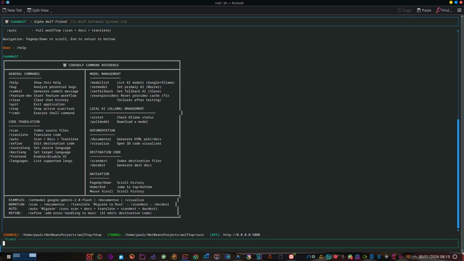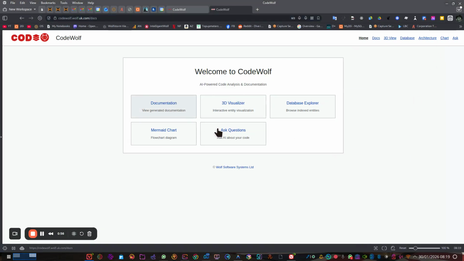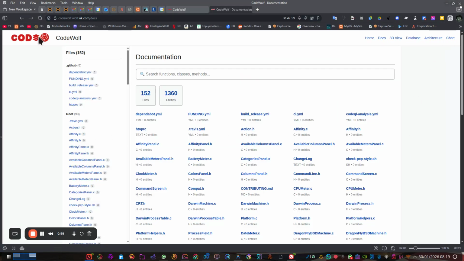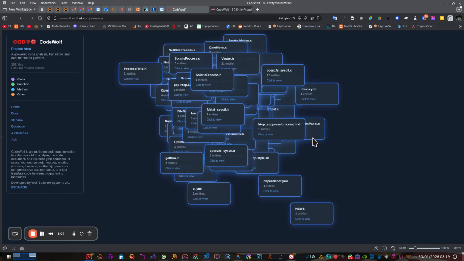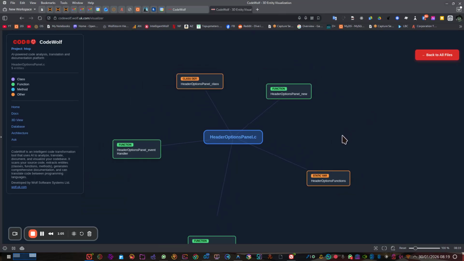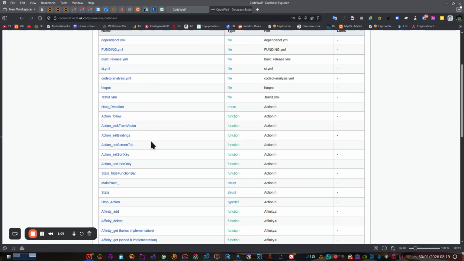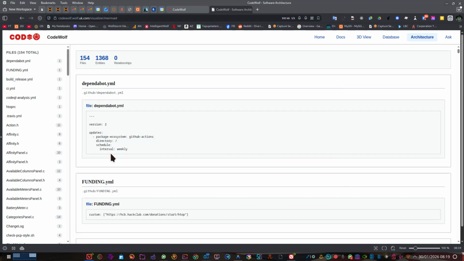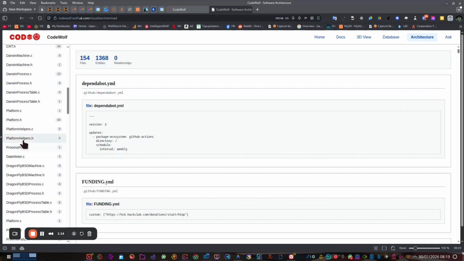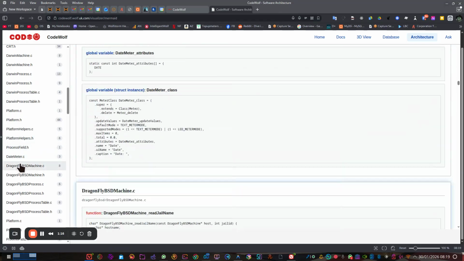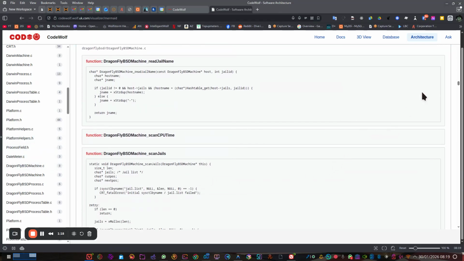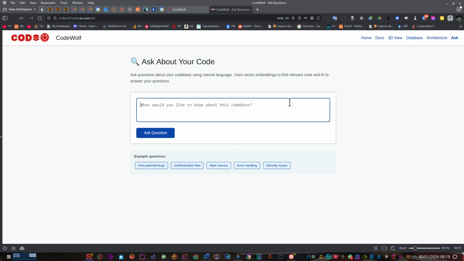So we actually control it with this, but it also comes with a built-in web server. So after it's been processing for a while, you've actually got full documentation of your code. You've got a 3D view of the, so this is what the vector database looks like, and you can click on things to sort of see them. And then we've got a database system, and we've got a full file breakdown that allows us to basically go through. It's like having a wiki, but one of the main things is being able to ask questions about the code base. So for instance,